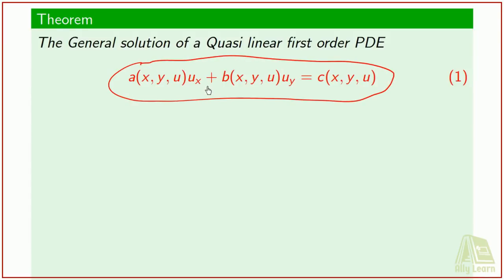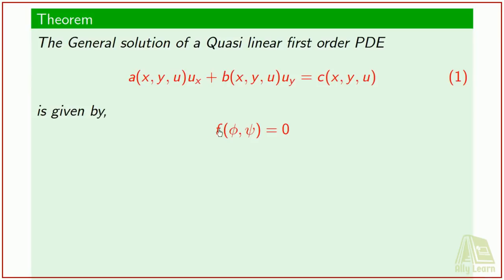So the general solution of this PDE is of the form f of phi, psi equals 0. Here this function f is an arbitrary function and these phi and psi are two known functions. We'll tell you what are these phi and psi. Again, this f is an arbitrary function